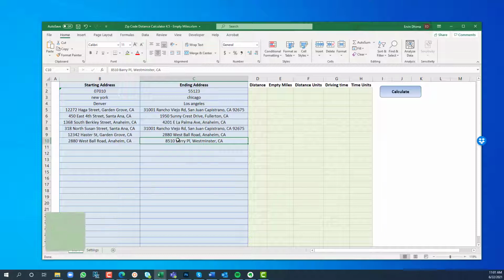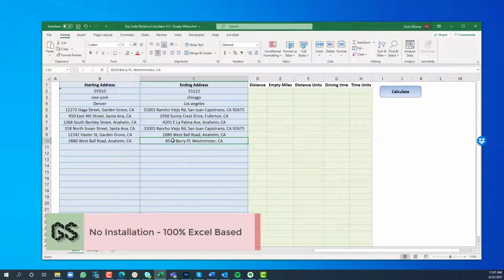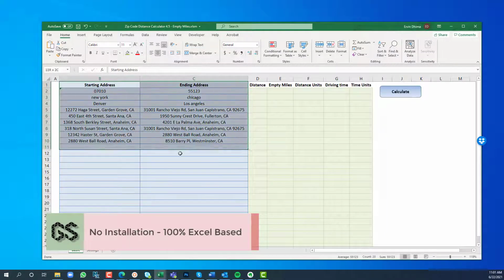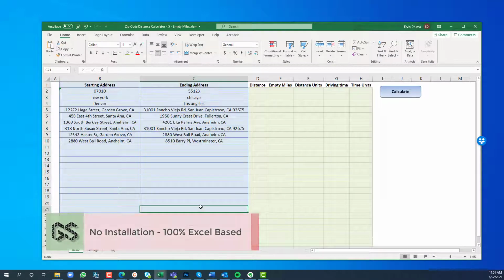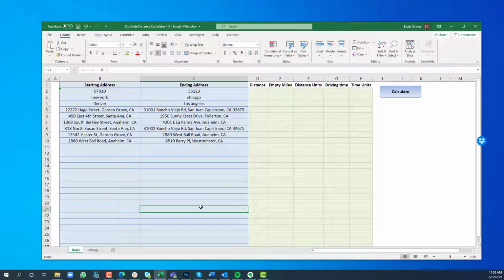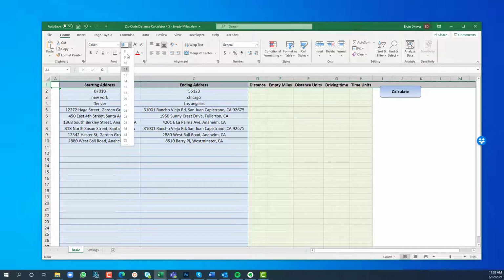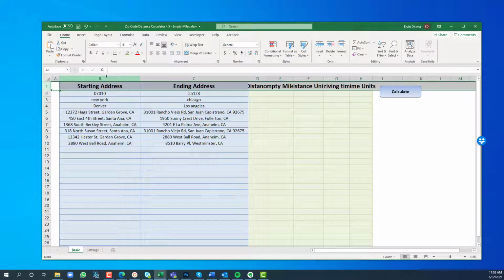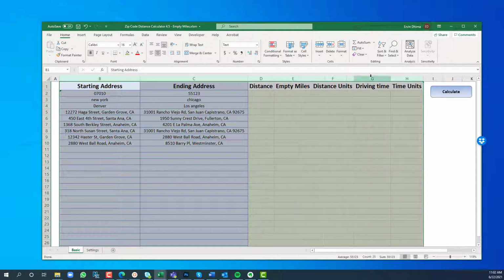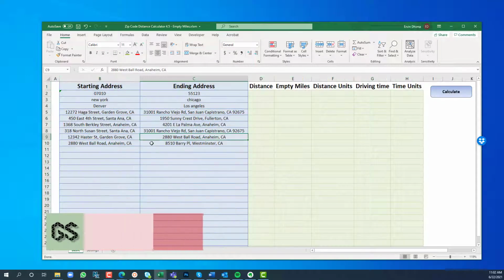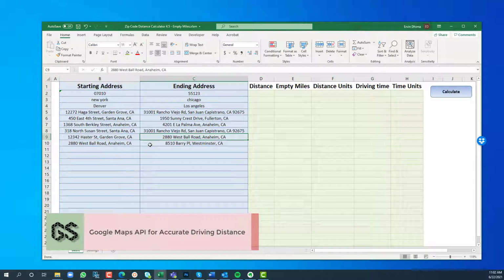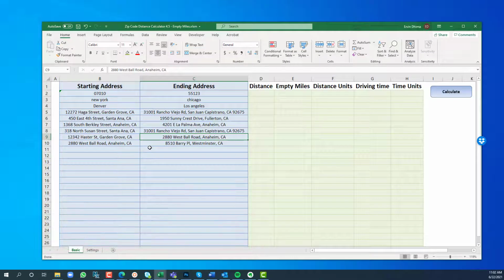First, the tool is built in Excel for ease of use, and it makes it absolutely the easiest tool of its kind to use. The idea was born to have a tool that is just as easy to use as basic Microsoft Excel data entry, as that is something that most users are familiar with. Also, the tool uses the power of Google Maps, which will get you a real driving distance and the real driving time directly into your Excel spreadsheet.